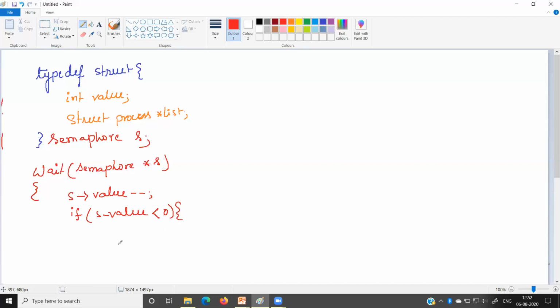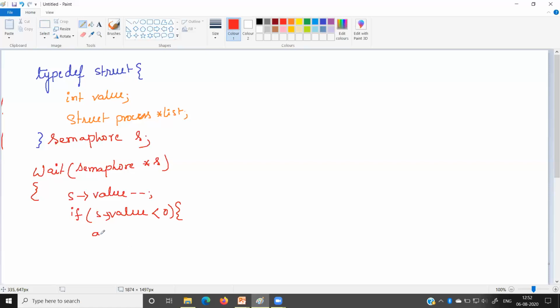Previously you can see there was a while loop, an infinite loop. That means instead of doing any operation or any job, it is continuously checking the condition, which is unnecessary and a wastage of the CPU time, CPU resources. So here we will do one thing. We will check the value of the semaphore variable. If the value of the semaphore variable is less than 0, that means some other process is using the critical section. So we have to pause the execution of the current process.